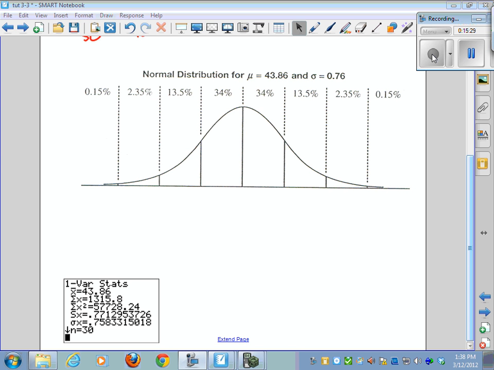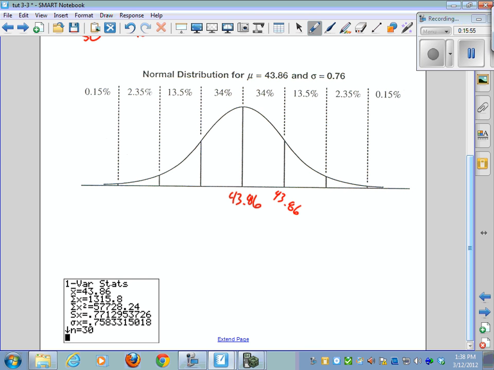Now, what I need you to do: when I made up my example, I used nice easy numbers like 60 and 10, right? It's not going to be the case. So the average is 43.86. Let's put 43.86 right there, between the 2, 3, 4, right in the middle. Now, right sort of at a bit of an angle, because this next one is going to be